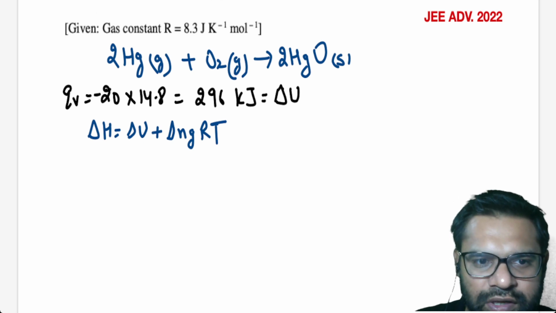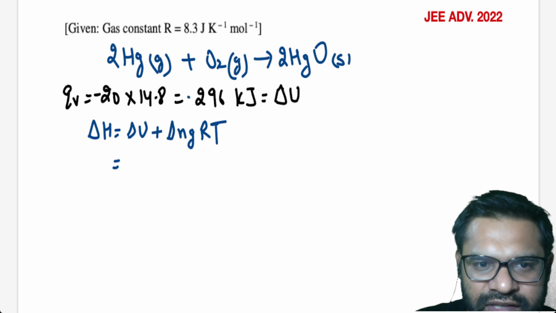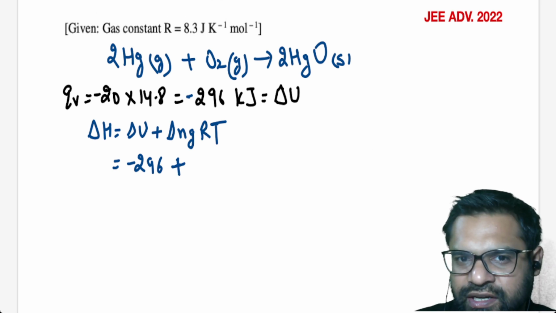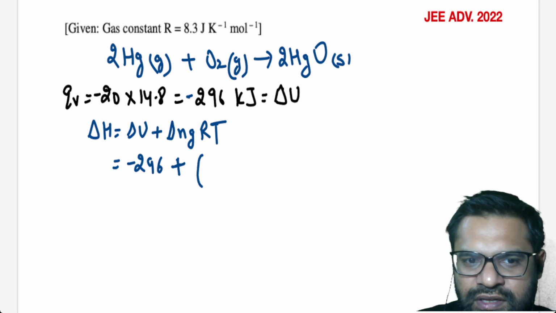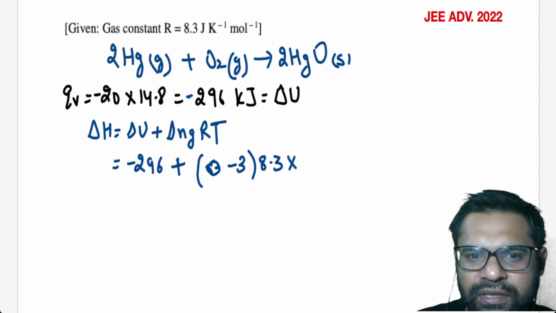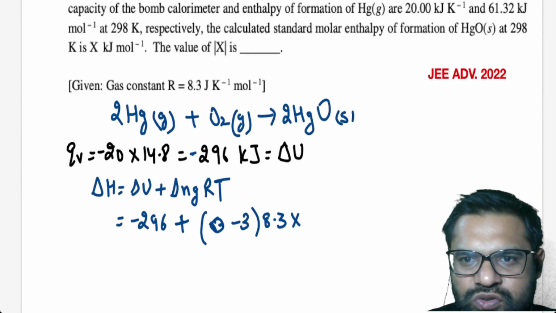So let's put the value of delta U. Let me put a negative sign. Yes, right. So delta U is minus 296 plus, what is delta ng? Delta ng is the difference in the gaseous moles of product and reactant. In the product, there are no gaseous moles, so 0 minus, and in the reactant we have 1 mole of oxygen and 2 moles of mercury. So total number of gaseous moles is 3, into RT, which is 8.314 into the temperature, which in the question is given as 298 Kelvin,